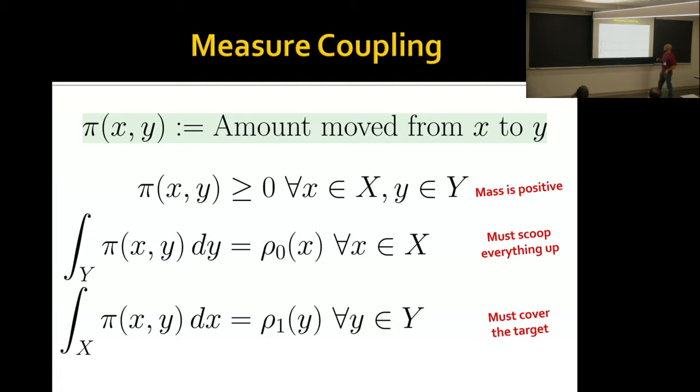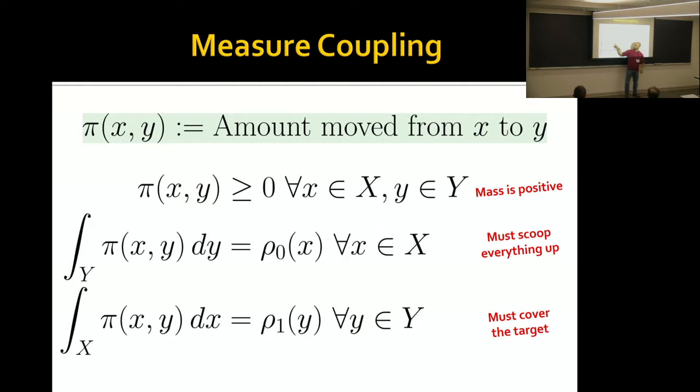So let's say that I have rho 0 is the height of the snow in its current configuration. Rho 1 is where I want it to go. And now I'm a mathematician, so I want to plan very carefully how I scoop up my snow and drop it back down. And so my unknown variable here is a function pi of x, y, which is the amount of stuff that I pick up at x and drop off at y. And there are a few constraints. Right? For one, I can't pick up a negative amount of snow.